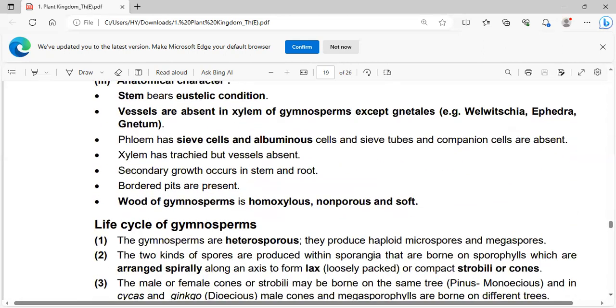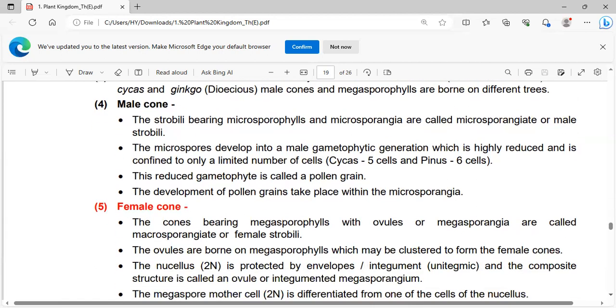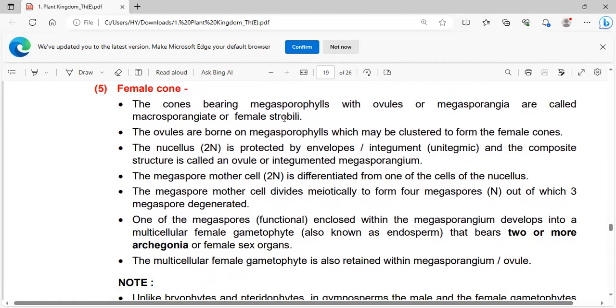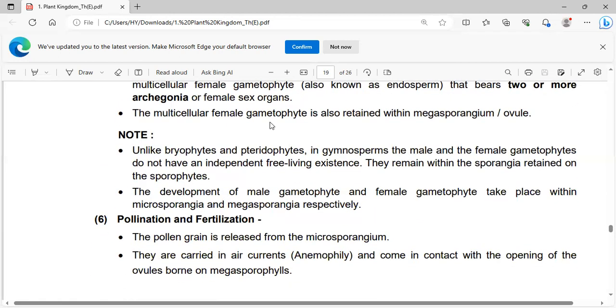Anatomical characteristics and life cycle: gymnosperms have cones because they are cone-bearing plants. Female cone and male cone are both there. The male cone has microsporophylls and microsporangia, which produce the reduced pollen grains, and female cones have megasporangia, with archegonia. The pollination and fertilization occur